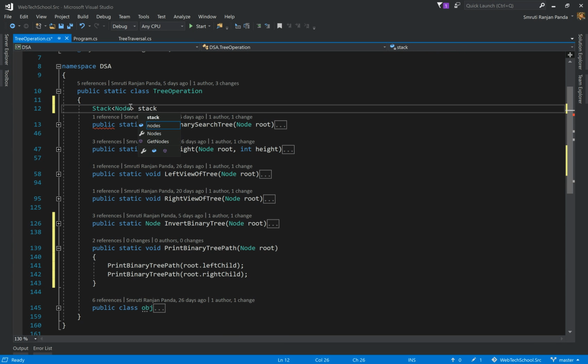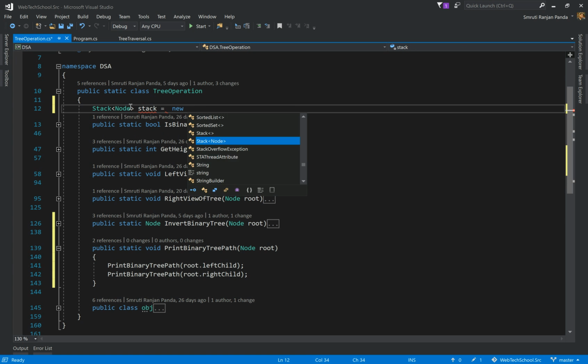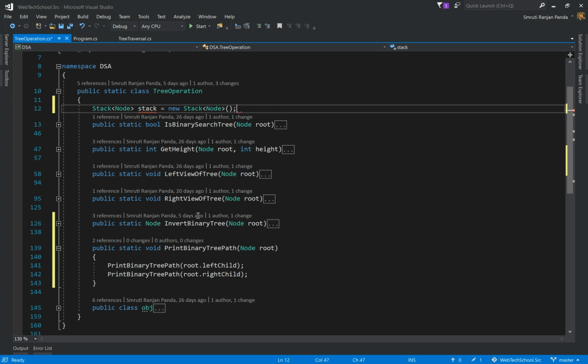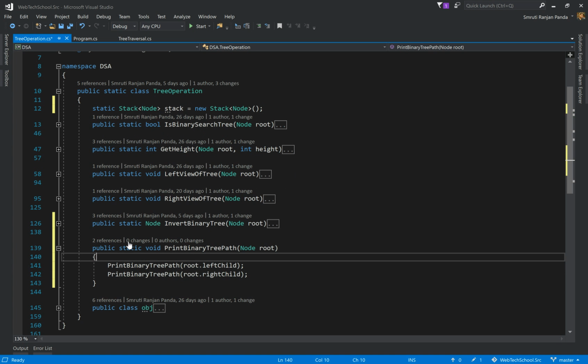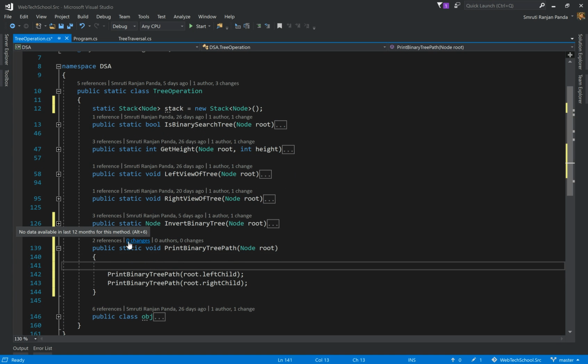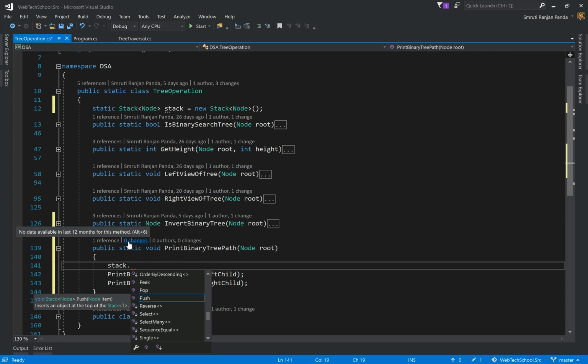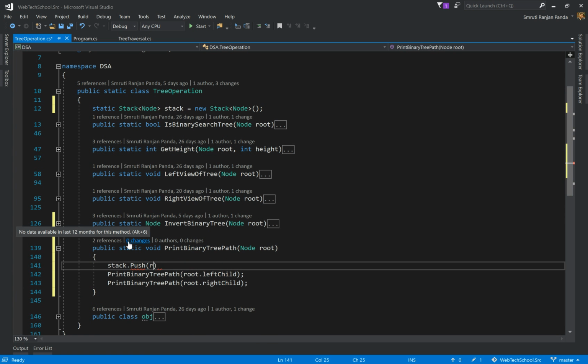Okay, now this needs to be static. So what we'll do, we'll push the root node to the stack. So stack dot push, let's push the root node.